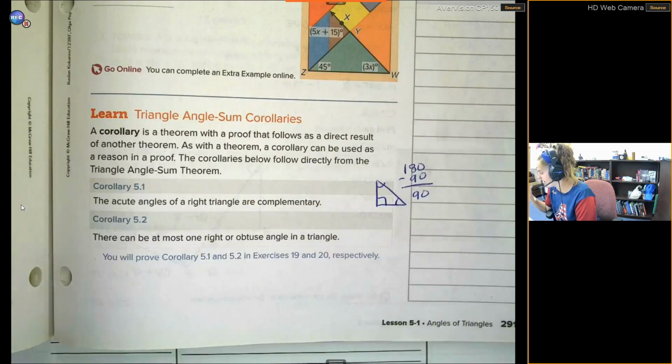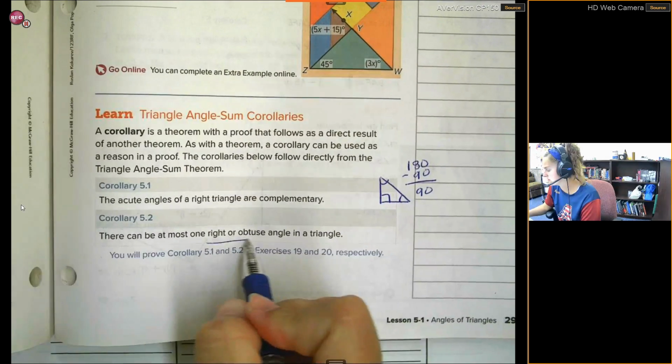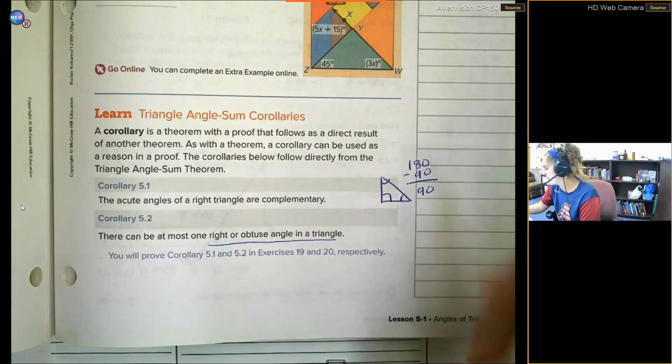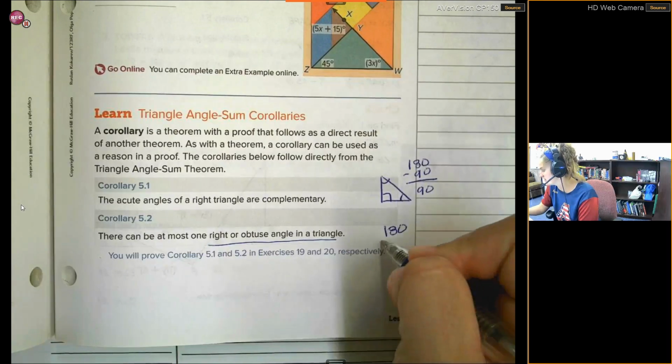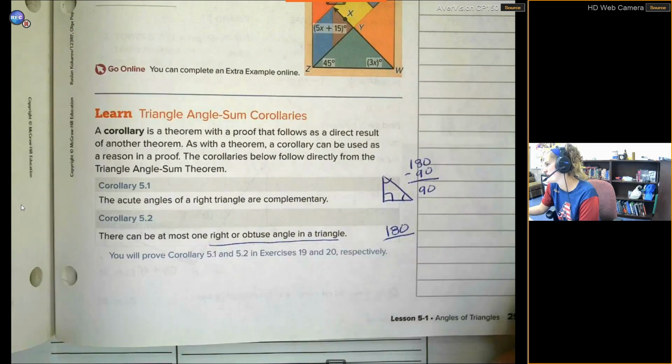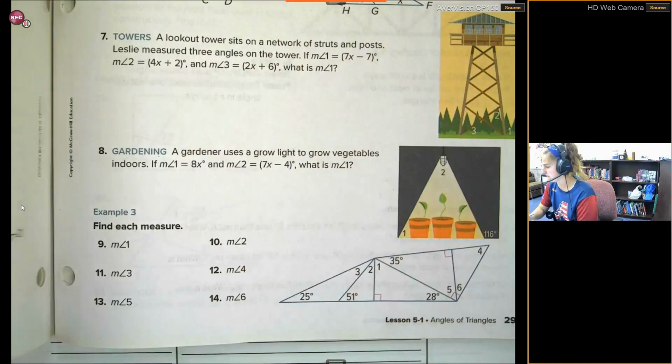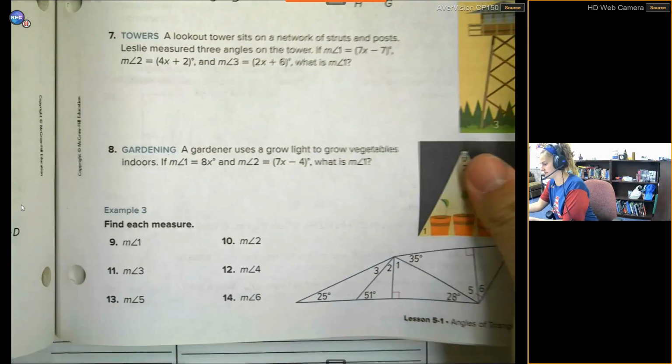All right, there can be at most one right or obtuse angle in a triangle. Why is this true? Right, if we had multiple obtuse or multiple 90-degree angles, that would take up all of our degrees, right? So 180 degrees, if you had two 90 angles, that would take up the whole thing. If you had two angles bigger than 90, that would take up all of the 180 degrees as well. And we have to have 3 angles, so that does not work. Okay, so that being said,